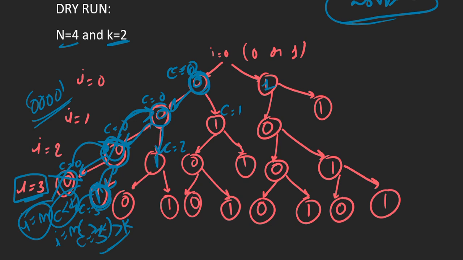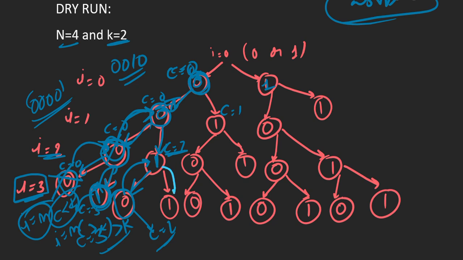So if we add 1 to the string, our index is 2, and our previous cost is 0, so 0 plus 2, so our cost will become 2. Now from here we can add 0, so we add 0 to it. So here our cost is equal to 2, and we again get a valid string which is 0010. So we again move back here.